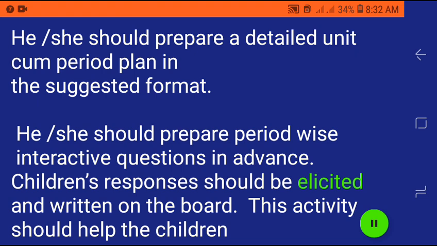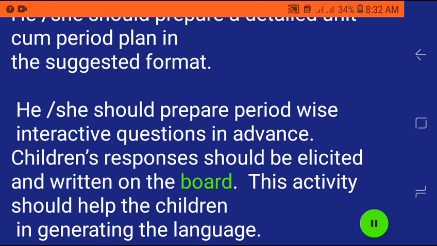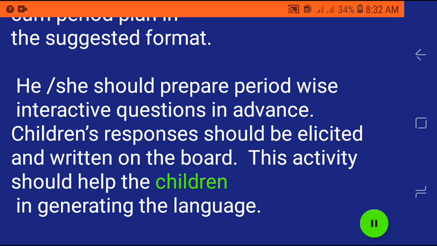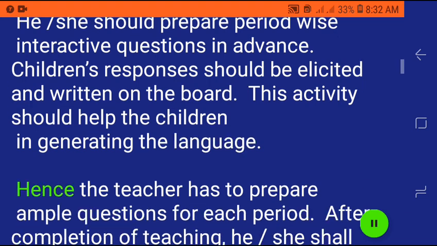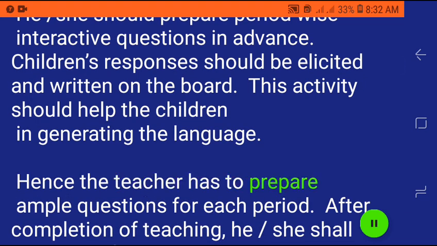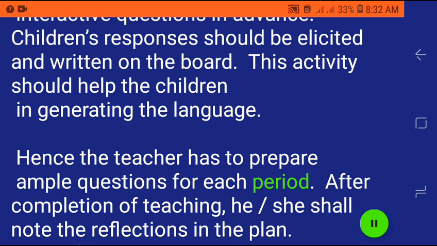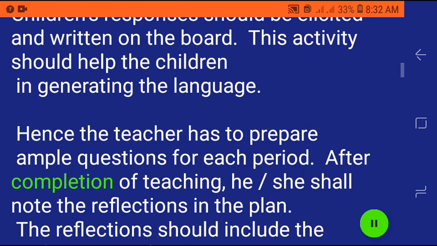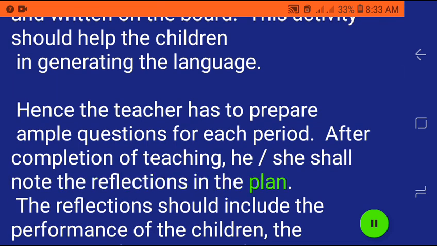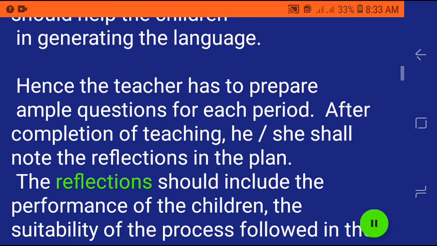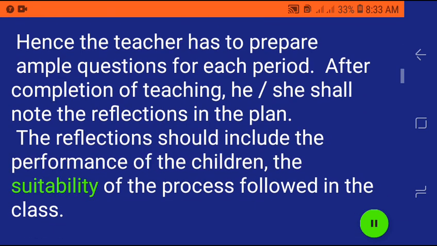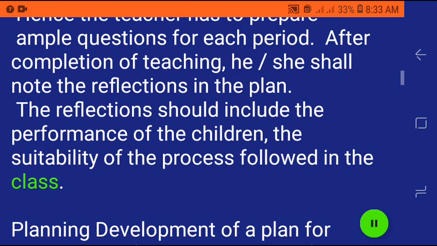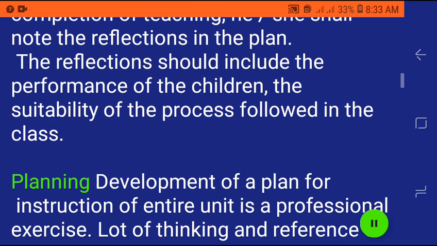Children's responses should be elicited and written on the board. This activity should help the children in generating the language. Hence, the teacher has to prepare ample questions for each period. After completion of teaching, she shall note the reflections in the plan. The reflections should include the performance of the children, the suitability of the process followed in the class, planning development